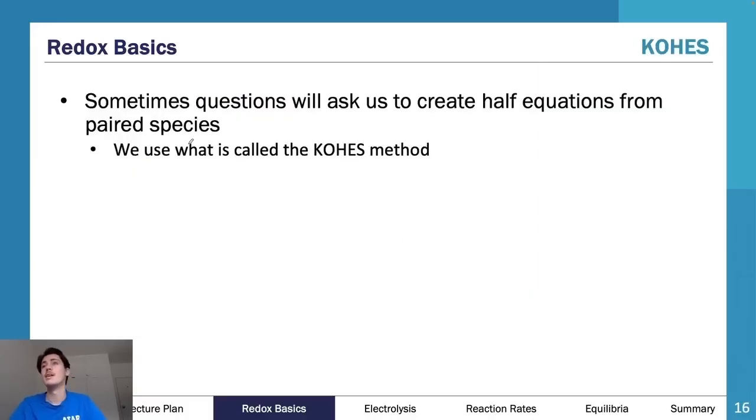So now we understand that. The next basic step is formulating half equations. You should have been through this in Unit 1, 2, but we're going to go through it again. Sometimes you'll be asked to create half equations. And when you are asked to create a half equation and it's not in your electrochemical series, which will be